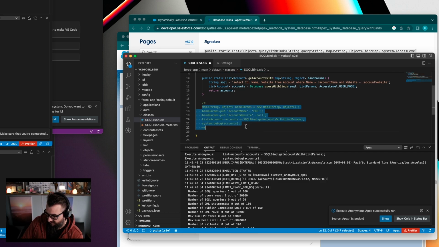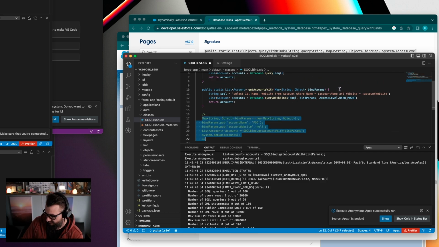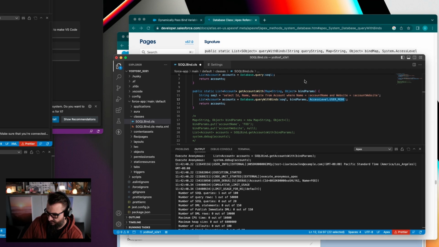So there's bind parameters, and I think the other thing to keep in mind is you have to pass an access level if you're going to use that. But this is a nice way to bring your parameters in dynamically along with your SOQL already dynamic, so you don't have to have the parameters in the same scope as where the SOQL exists, which probably will make it a little bit more